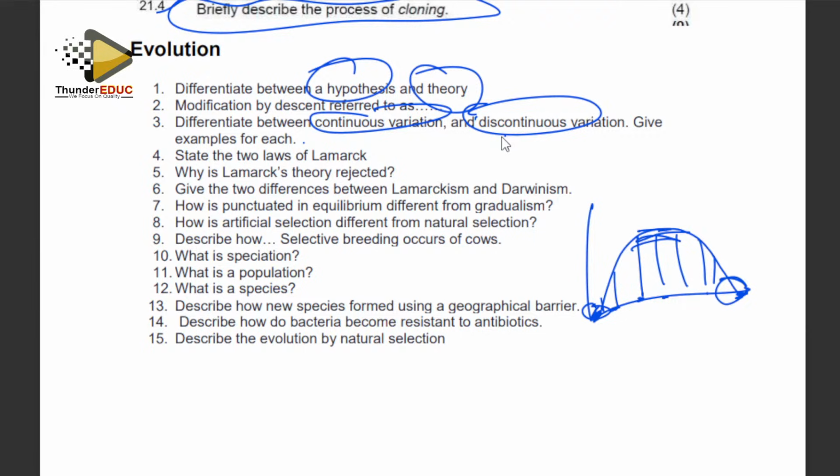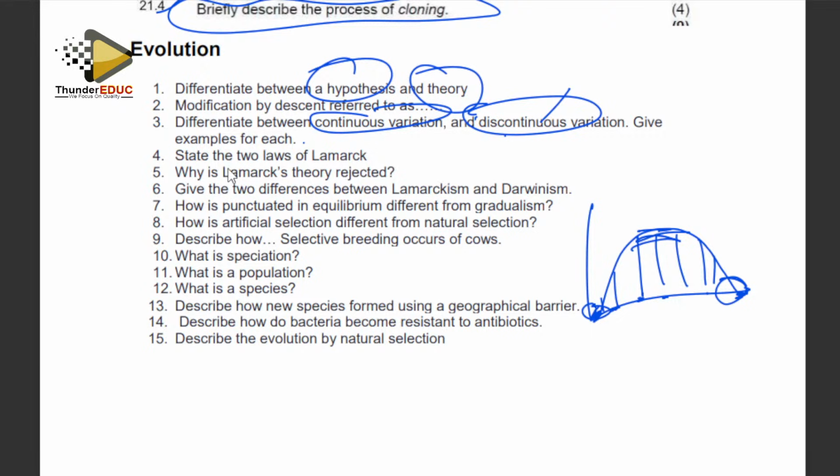Weight. Someone is saying weight. Weight is continuous, because you have those who are too heavy, medium, portable, whatever you call them, I don't care, as long as there is a range of characters. Some are a little bit big, they take medication to become small. Others are small, they take medication to be big. So there is a range of characters. But if you're blood group A, you can say that I wish I'm blood group O, but you are blood group A, you'll die that. So discontinuous, you can talk about the characteristics, the examples.